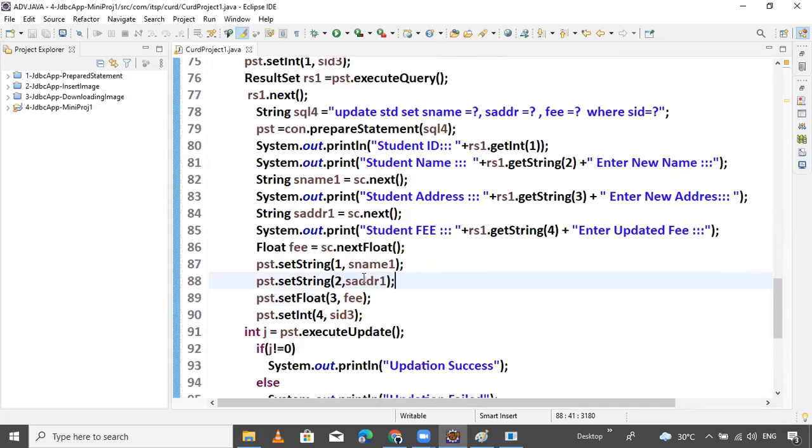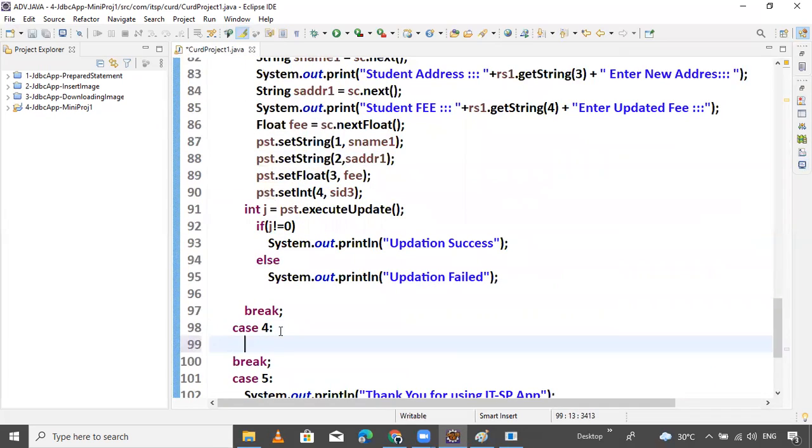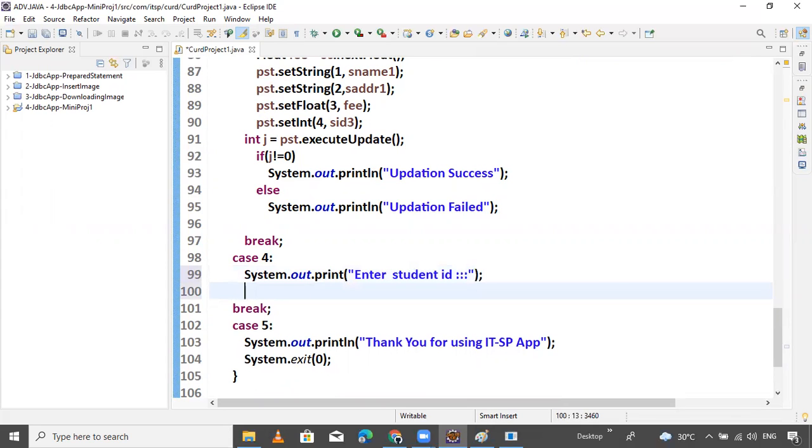Now our fourth module is, I think, student delete. This is a very simple module. Just ask the user to enter the student ID, in the same line.